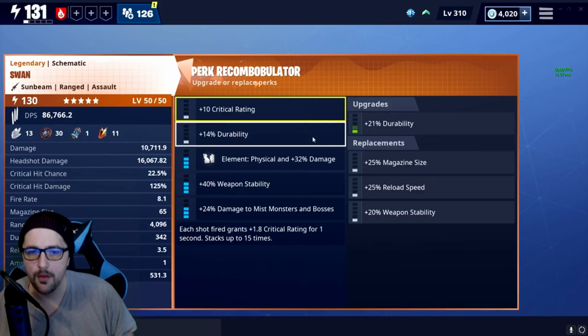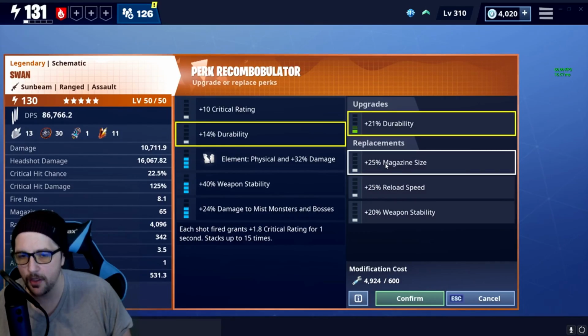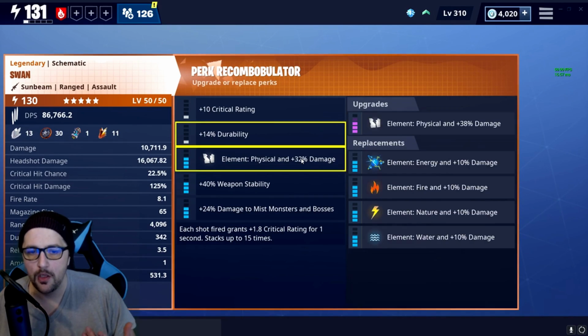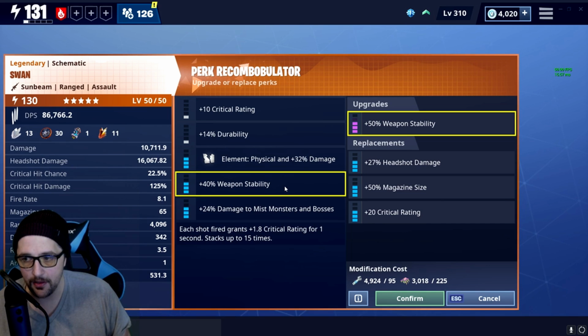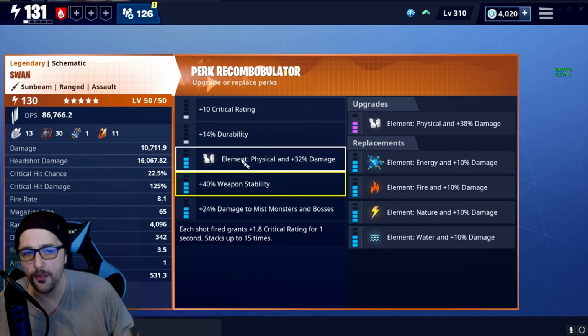So crit damage here. Then we would change this one to what? Magazine size, of course, especially using this Nutcracker build. We want the largest magazine we can possibly get. Over here, I would make it energy, just what I make all my guns because I'm lazy. Weapon stability, this definitely is getting taken off. And we're going to do magazine size here. So if we do both magazine size,